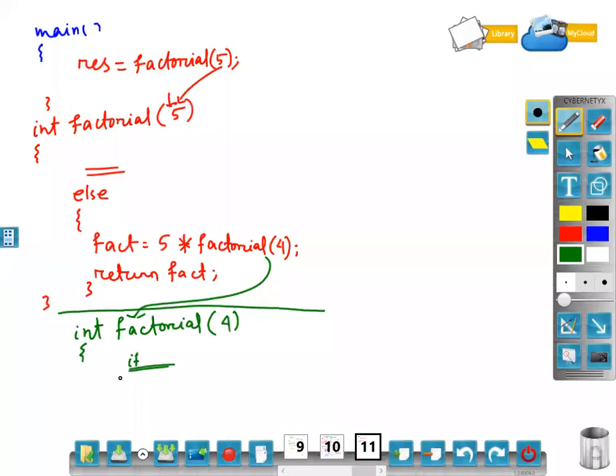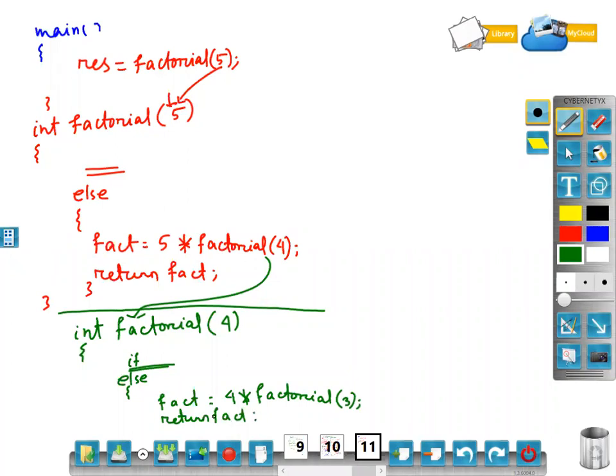It will come to the else part. What will the else part execute here? fact = 4 * factorial(3). Clear? Then return fact.